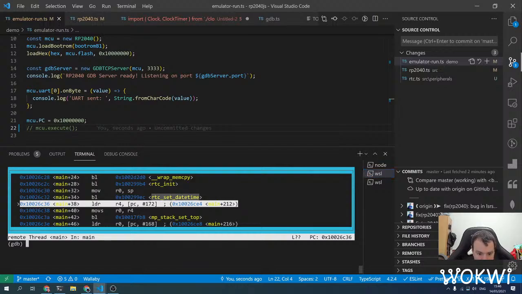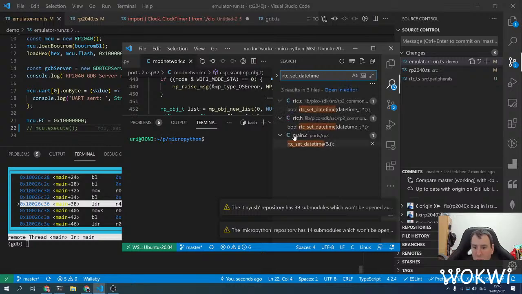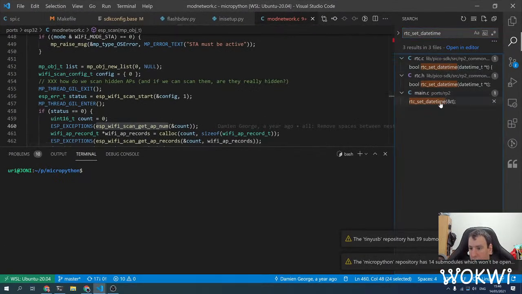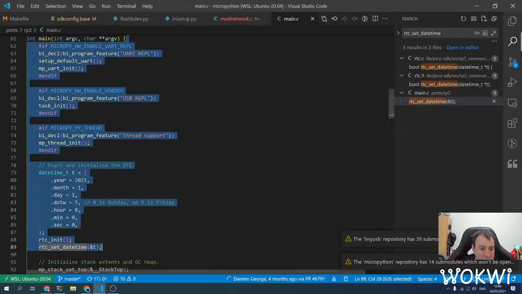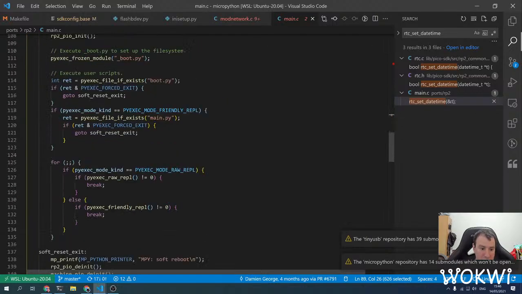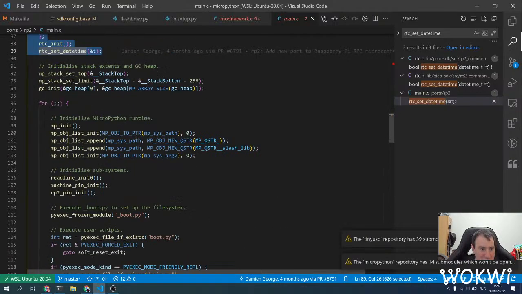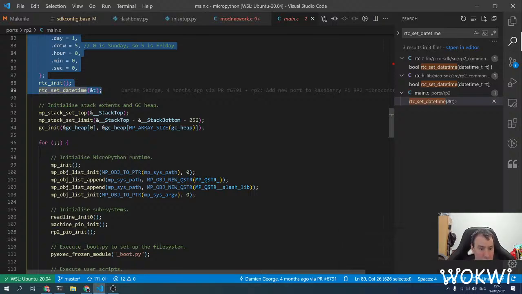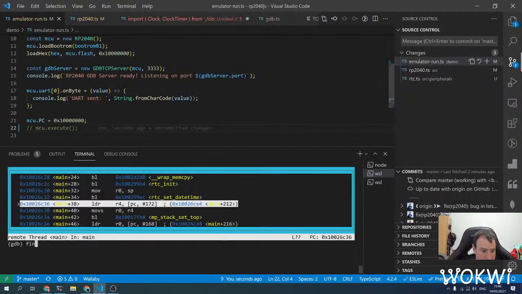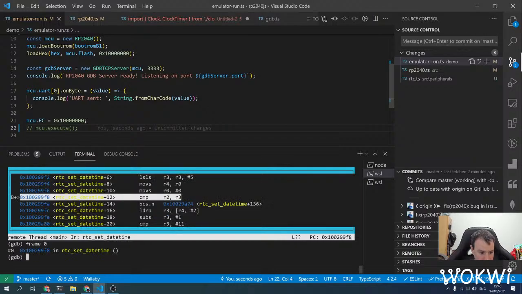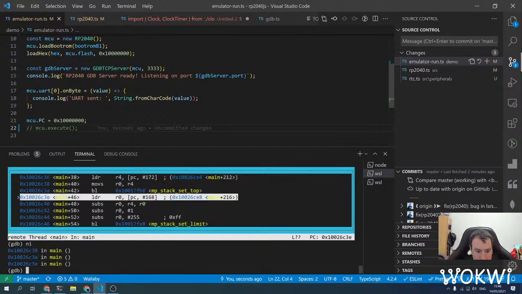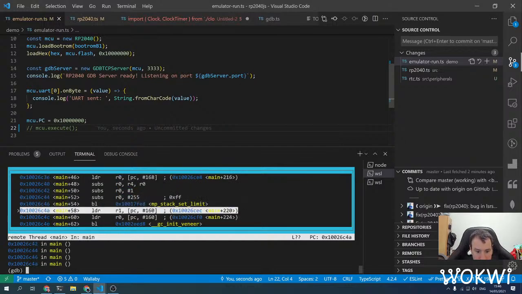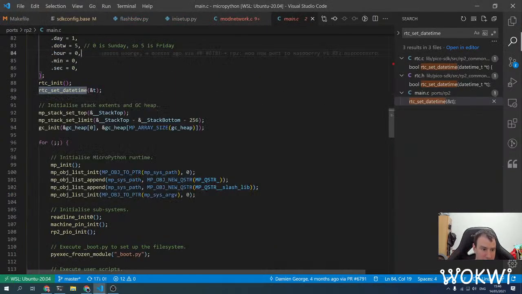Find who calls this RTC at a time inside MicroPython. Yeah, like the main of the RP2040. So we got this far at least, and then we probably die somewhere down the road, but it's not too bad. We got past this finish, we probably return to main, and then just run a few more instructions to see if it gets past this one, past this one, past that limit,